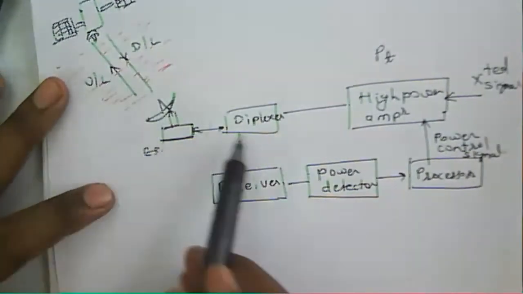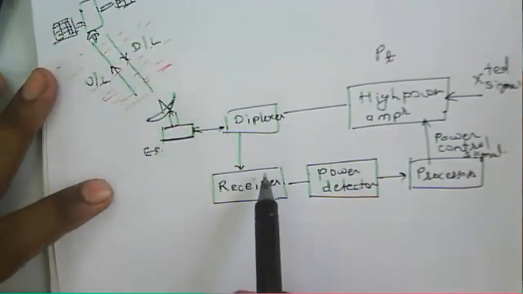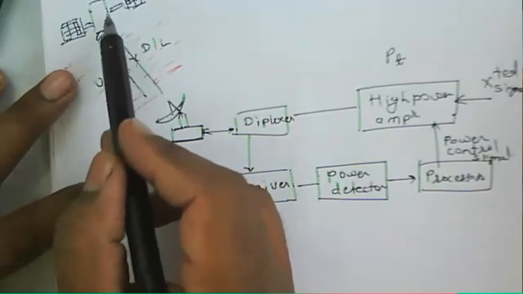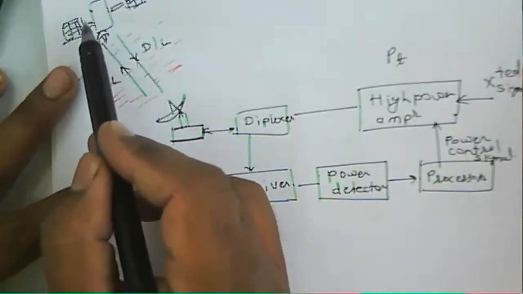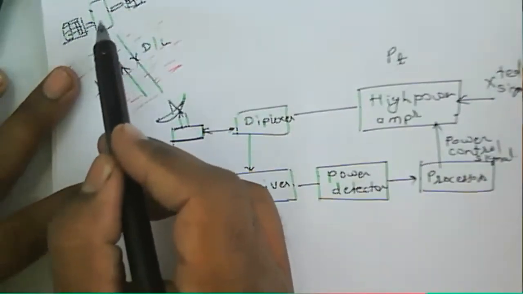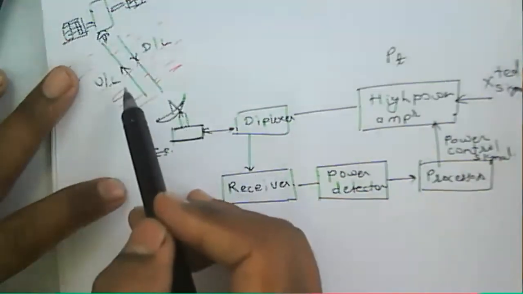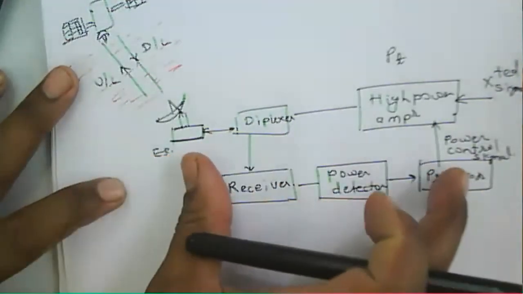Now this one is about the earth station, the uplink. This is about uplink power control. Another way is about the power received by the satellite on the uplink, and that will be from the telemetry signal. The telemetry signal contains the information